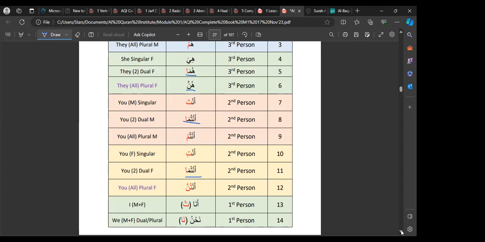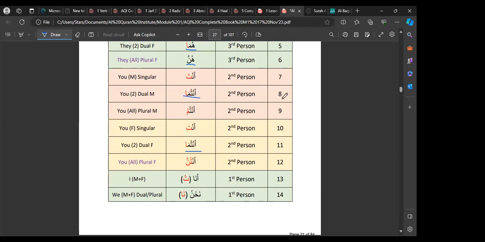What's the Arabic for first person? متكلم. Mutakallim, the person that is speaking. I.e. right now I am speaking, so I will use the word I. And in Arabic you say ana. And if we are doing something or we are speaking and there's more than one of us, we will say nahnu. So we will use the first pronoun, mutakallim, jam, nahnu. And nahnu is the same for dual and plural. That's why it's not on the list. It's ana, nahnu. I hope that is clear for everyone.